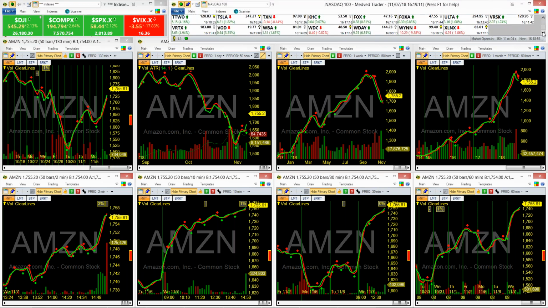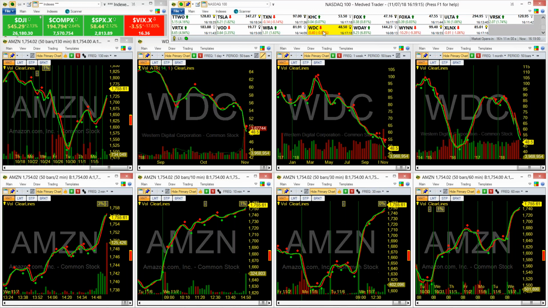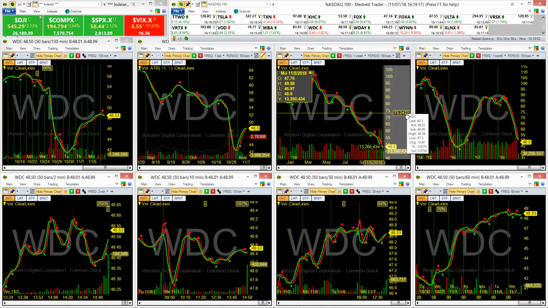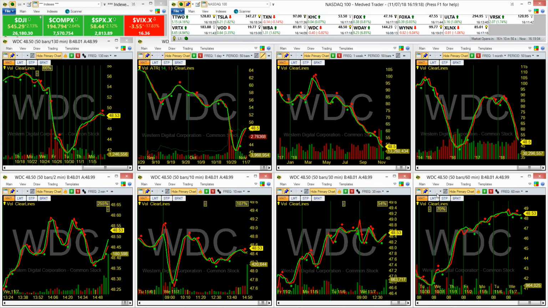Now, if I want to view a single stock, all I have to do is left click on the button and it'll load it onto my charts. You'll notice all the charts have a blue thumbtack or link. They're all linked together. So you'll notice the thumbtack is here as well. The reason for that is that when I'm clicking,